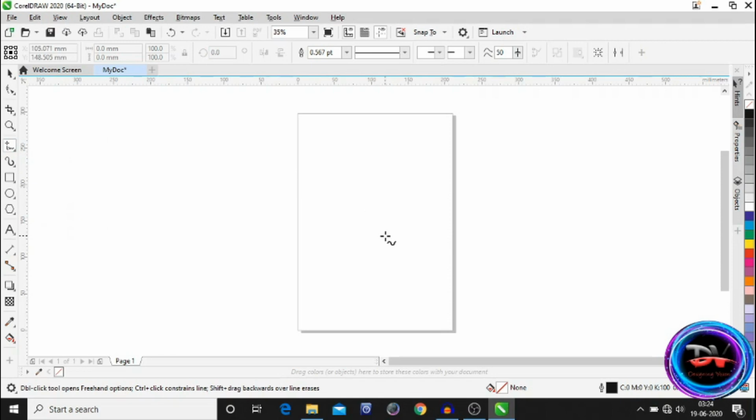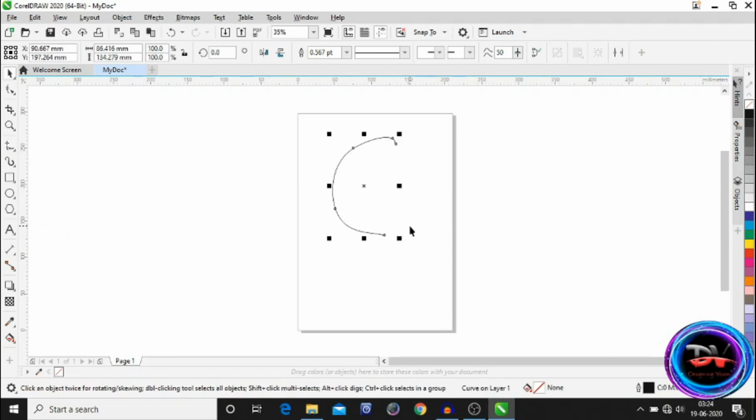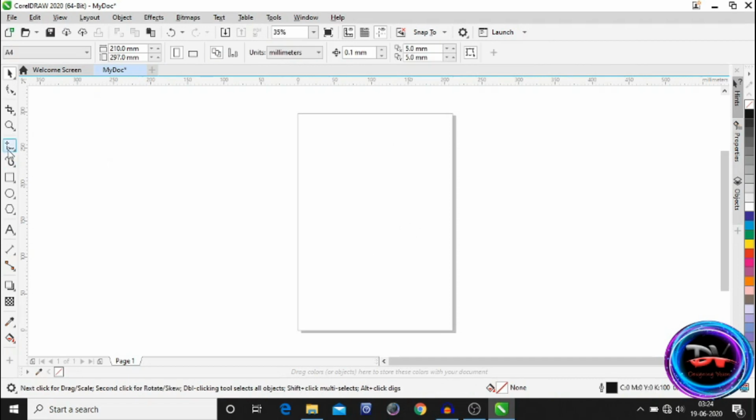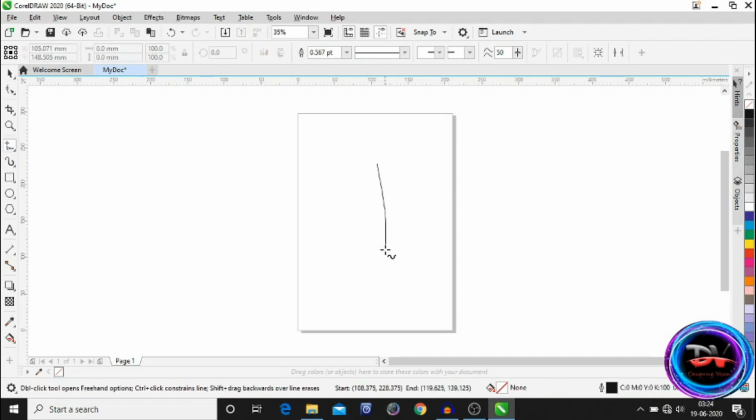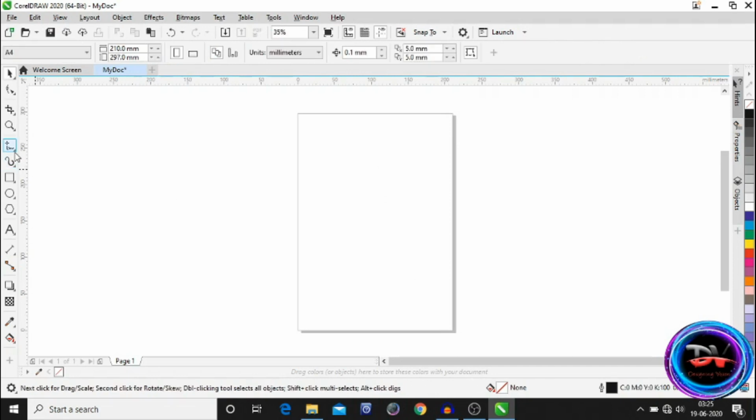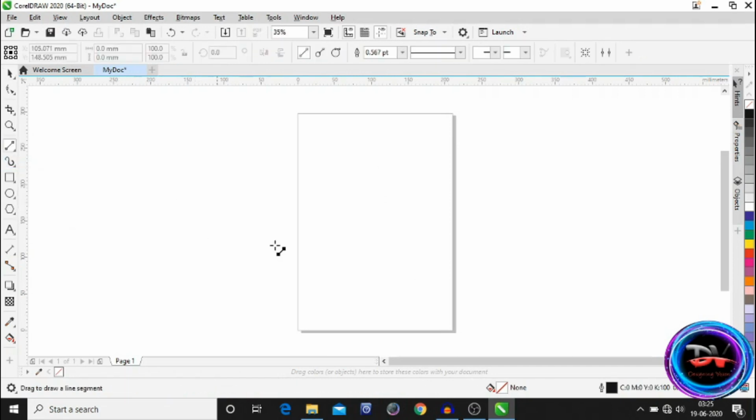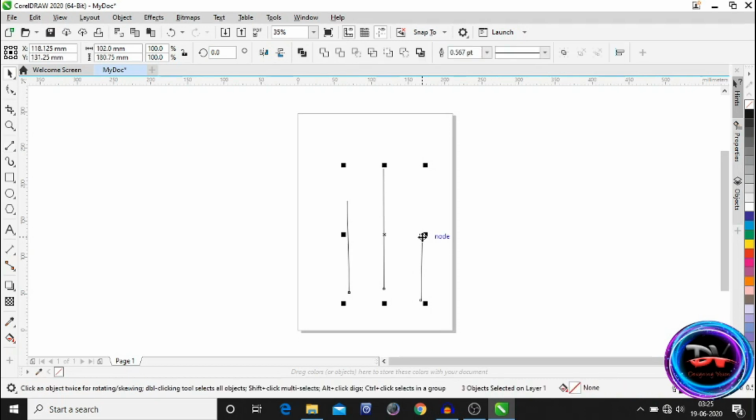First, the freehand tool. As the name depicts, the freehand tool is used to draw small curves and line segments freely. This tool automatically smoothens your curve like this. So our second tool is the 2-point line. In this tool, you have to hold the mouse to select one point and drag it to a second point to make a straight line. It draws a line between the starting point and end point, like this.